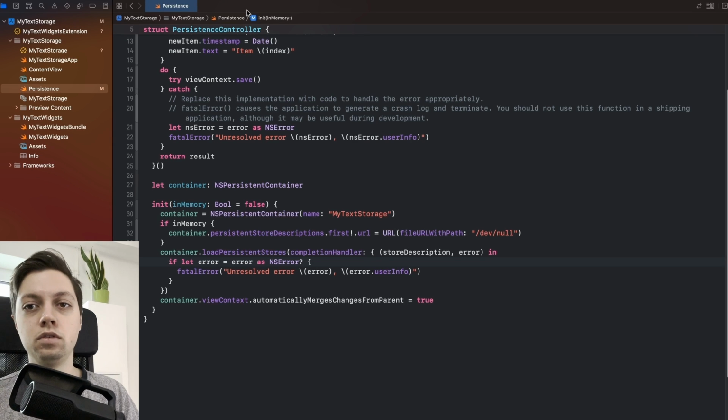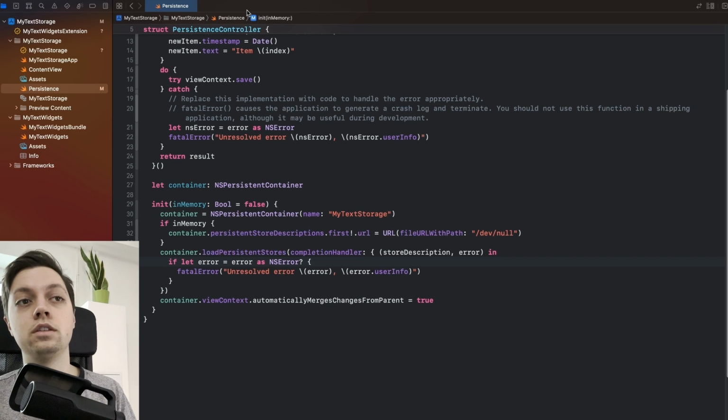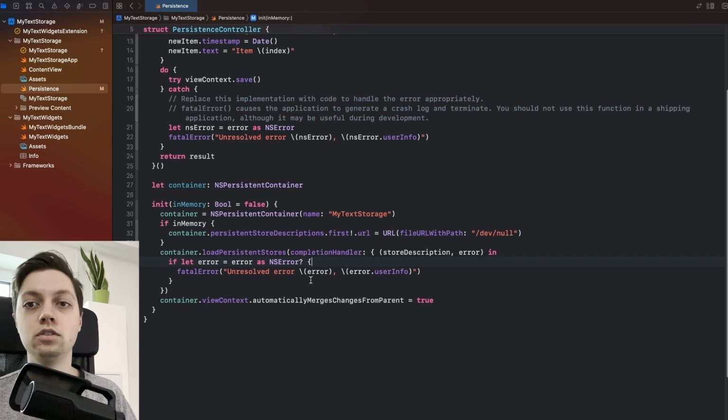Next, as you might know, CoreData is basically just a wrapper around an SQLite database. And that database is really just a file stored on the user's device. Now, currently it's stored in a directory that's only accessible to the main app. And we want to now tell our persistence controller to store it at a place where the entire app group can access it. For that, let's first write a little convenience extension for URL